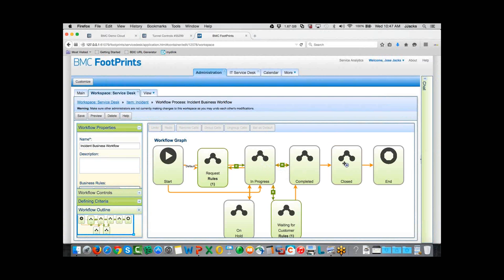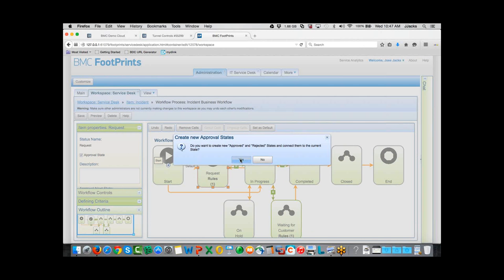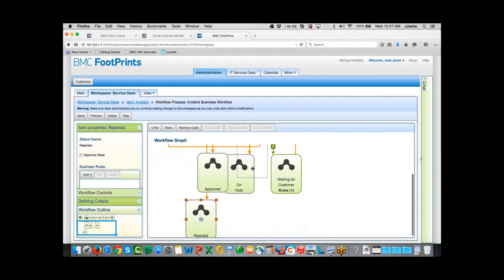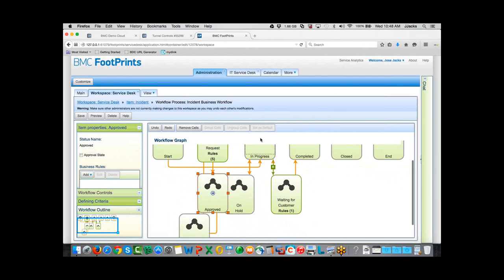So, before it even goes to in progress at the request rules, I highlight that, I come over here to approval state, I click on that, I get a window that pops up that says, hey, do you want to connect them to the current state? And it's going to give us two boxes now. We get the approved box and the rejected box. So the rejected box, I could send it to on hold. I can move it around where I want to, but now I can also send it directly to on hold. But from approved, now we can go back up here